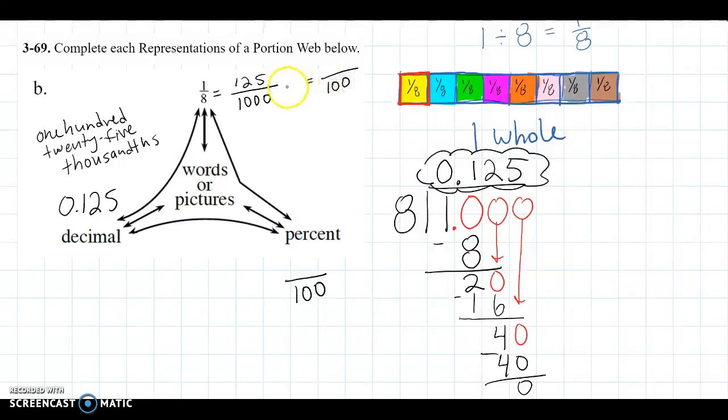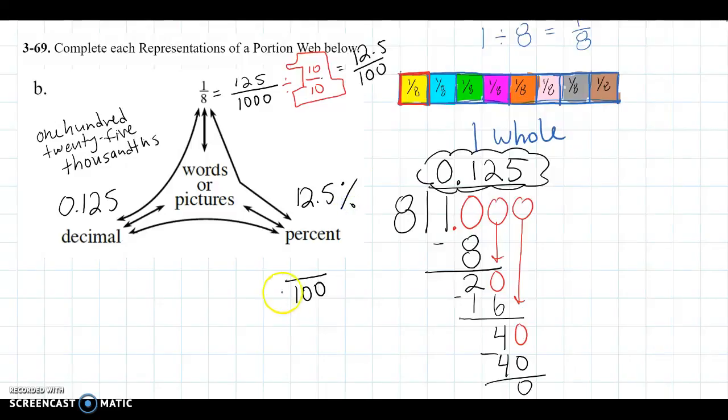Well, if you're saying, Mr. Marcus, we can use this giant 1. We can use this giant 1 to divide by 10. And we would get 12.5 hundredths, which would mean